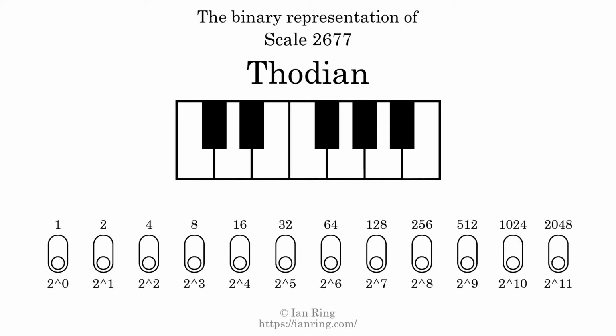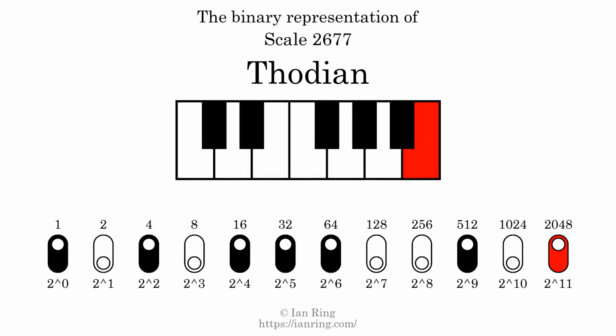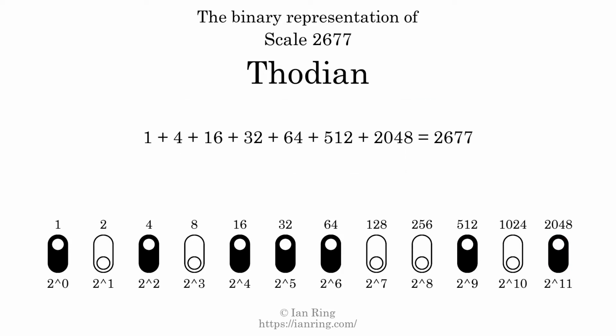The binary representation of this scale is determined by mapping tones of the scale to binary digits. Each binary digit represents a power of 2. To get the scale number, we add the powers of 2 together. The powers of 2 that are present in the scale, all added together, equals 2677. That is why the scale number, in decimal, is 2677. The scale number not only enumerates the scale with a unique index, but it also literally describes the tonal content of the scale. Represented as a binary number in base 2, the scale number is